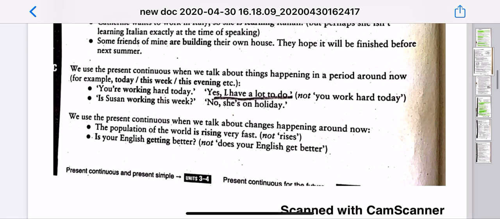So, we use the present continuous when we talk about changes happening around now. The population of the world is rising very fast. Lots of people are dying because of coronavirus. Economy is getting affected due to lockdown. Sorry, I'll repeat. Trump